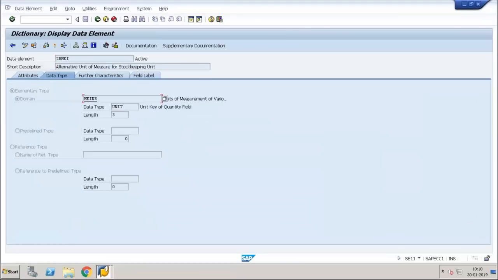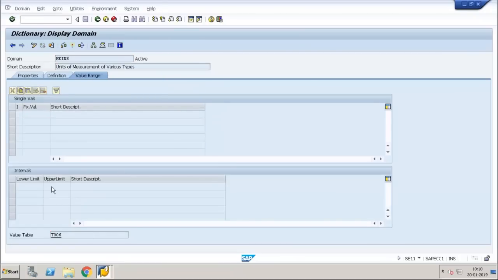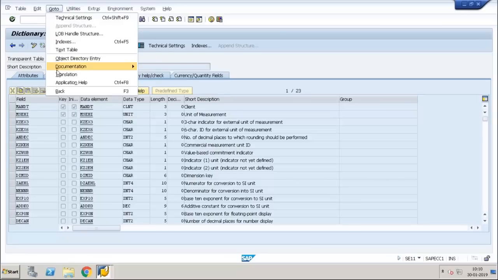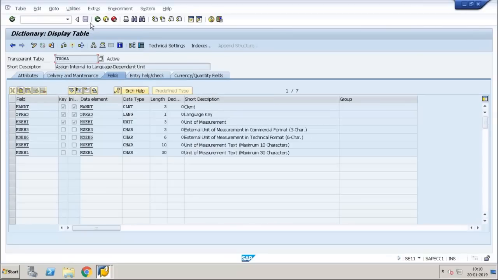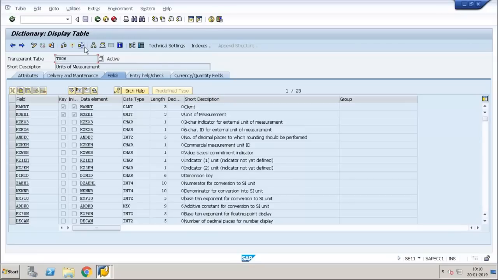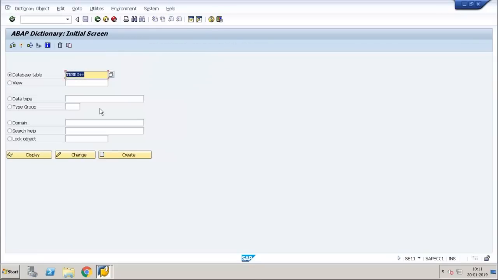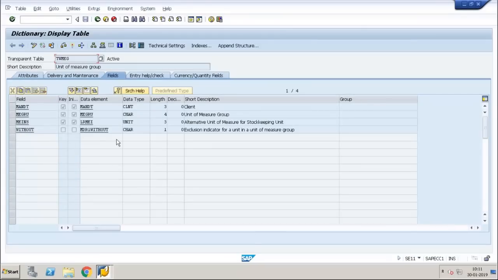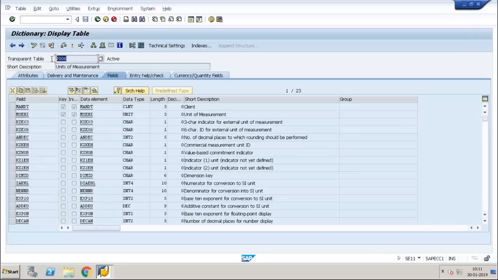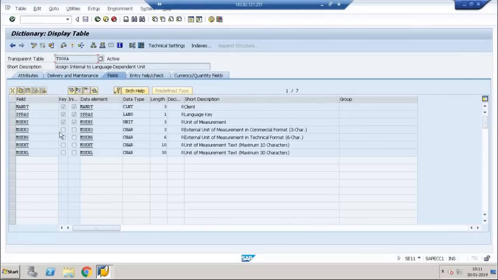So we don't have directly at unit of measure, but unit of measure group has a unit of measure, and that unit of measure has a text table. These are the text for each unit of measure, and if we go to text table, there would be a